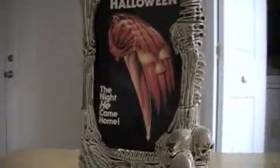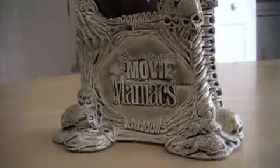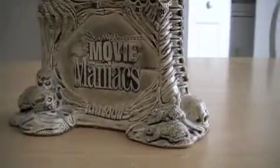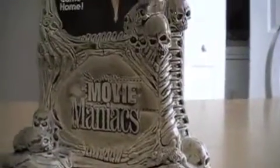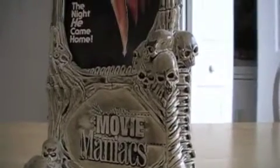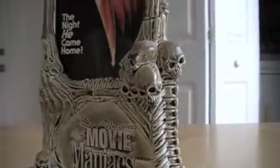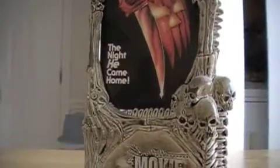This marquee is, of course, a staple of the first few series of Horror Maniacs. I think they used these up until series 4 or 5, but I could be mistaken. At the base, we have a grotesque display of skulls and rats. And then as we go further up, we see the Movie Maniacs logo. And up, we see even more decrepit spine columns, more skulls. Looks like a hand, maybe an arm,